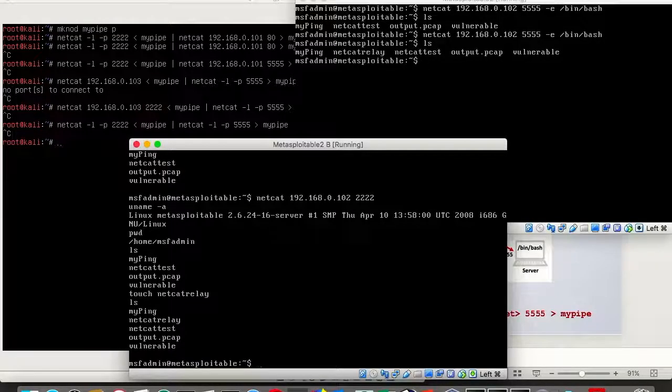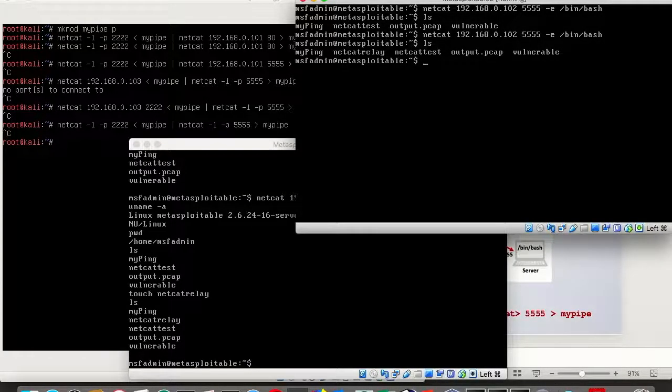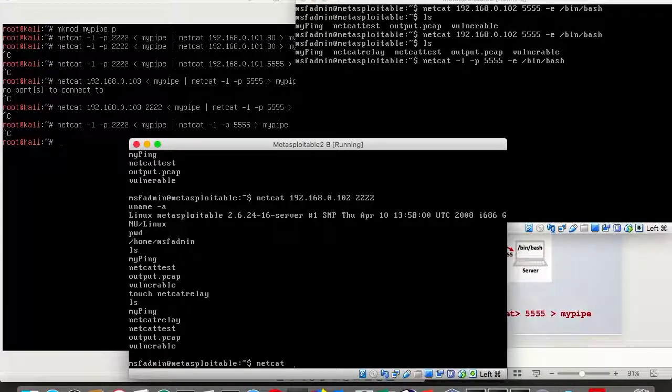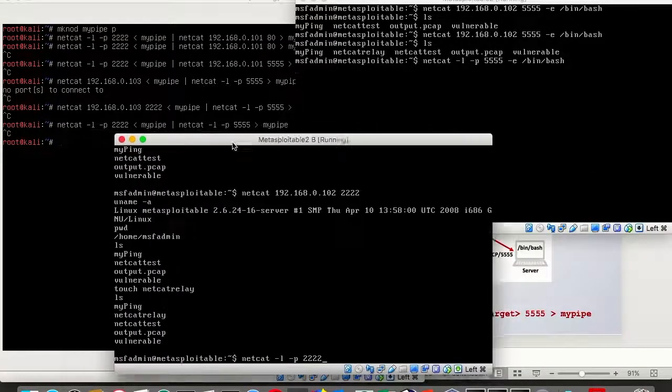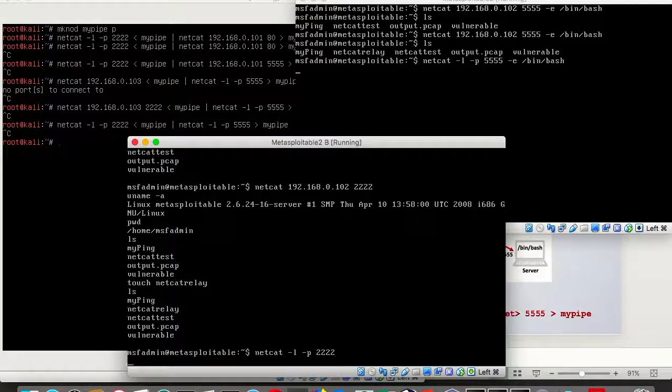We're going to set up on the target machine now a server: netcat -l -p 5555, and then execute /bin/bash. Similarly, we will have netcat running as a server on the penetration testing machine, and it's going to listen on port 2222. Always remember that we execute /bin/bash on the target machine. Since this is the penetration testing machine, I'm not going to execute /bin/bash.